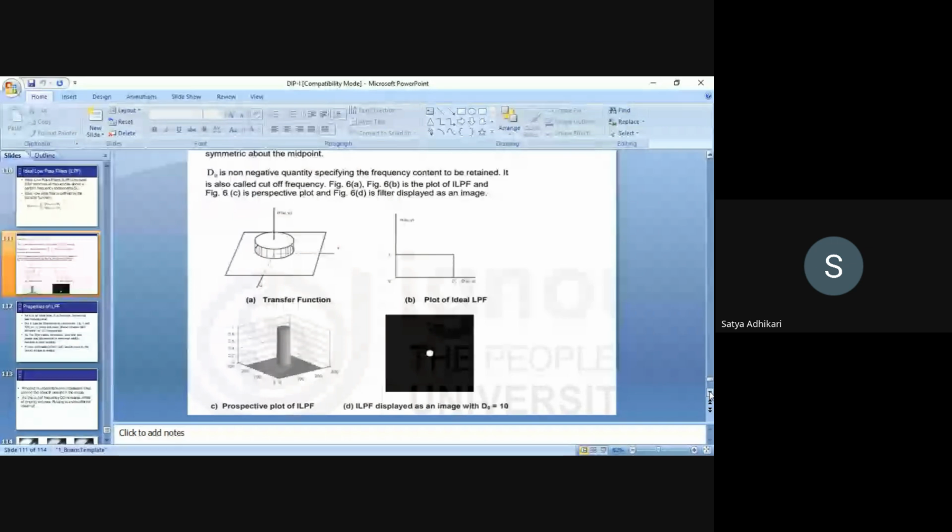10 is closer to 0. So all the pixels only pass the filter if the value is less than or equal to 10. So you will get a darker image. You see the image which is formed by ILF, ideal low pass filter,